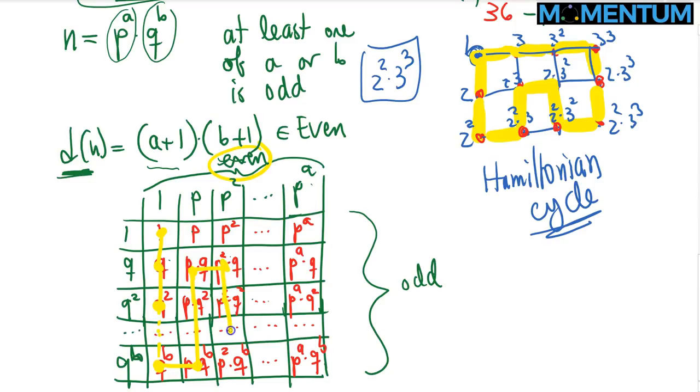So eventually, because you have an even number of columns,